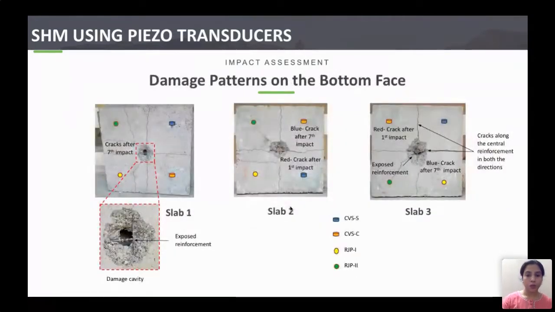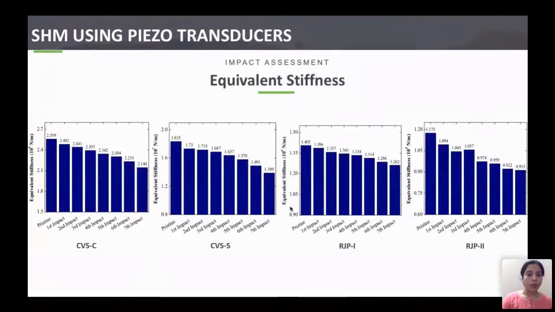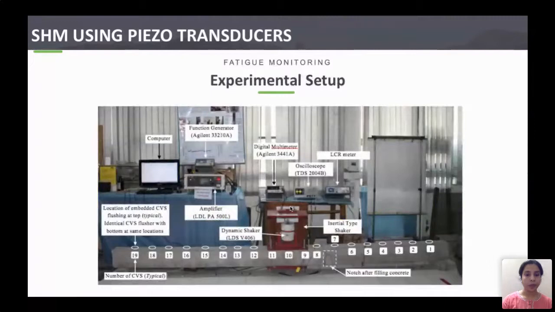And this figure shows you the damage, pictures of the slab after this last impact, the 7th impact, in which the material was lost. So all the 4 sensors were very successfully detecting the damage levels using the equivalent stiffness derived using the piezoelectric patches, piezoelectric sensors. And next is fatigue monitoring